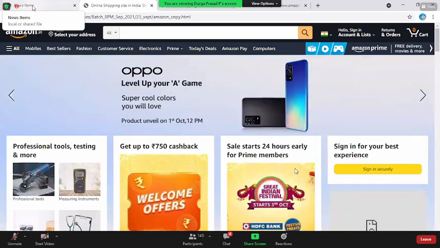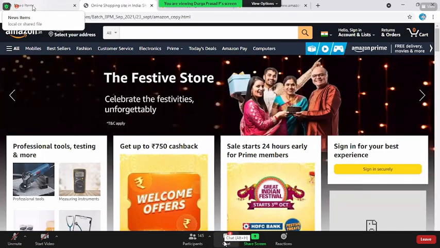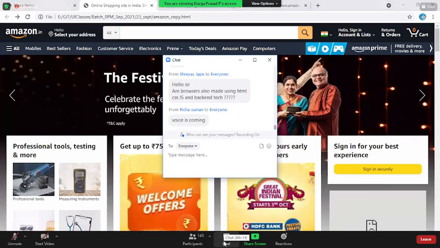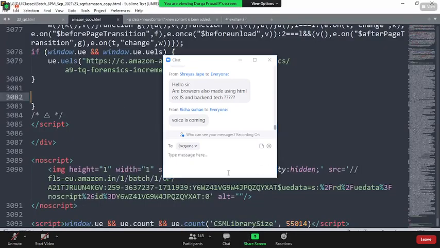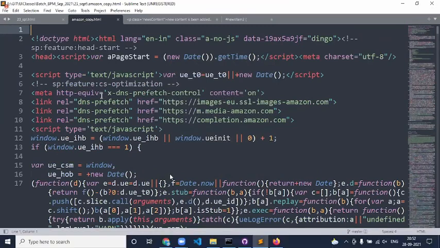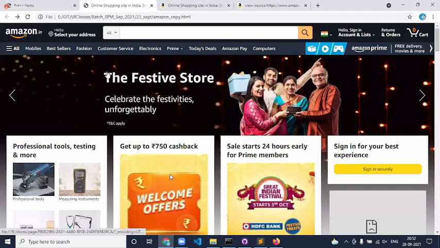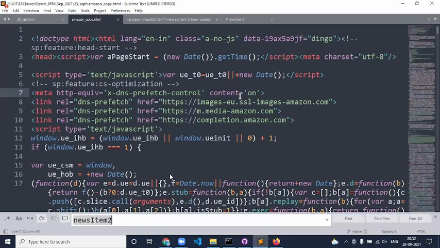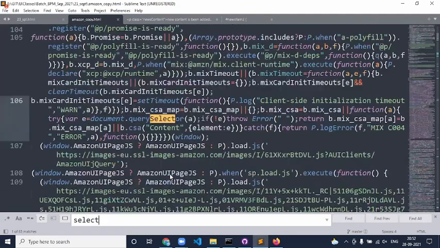More questions. Sir, can I recreate it? What do you mean by recreate, Lohit? If I copy the code into my text editor, can I recreate it in my own style by making changes? Yeah, once you have the code on your local machine, you can do whatever you want, right? Now, here, I have this festival storage and image, right? There is 'select your address'. Go over here, select your address.